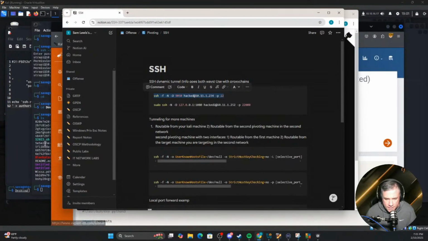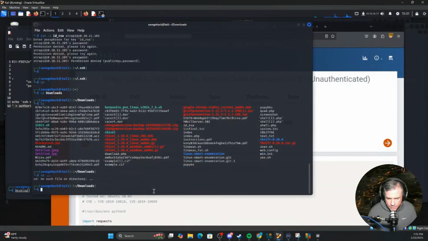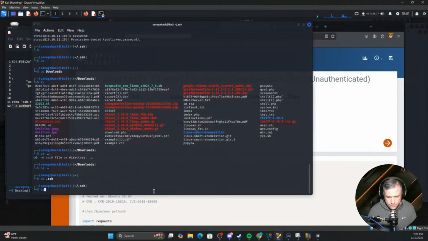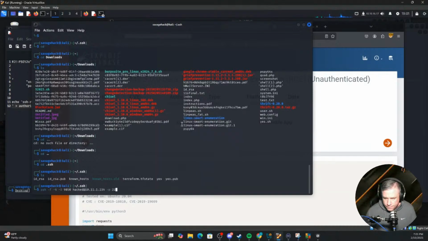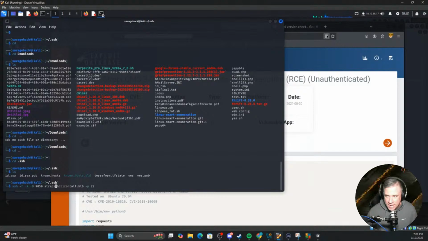Yeah, let me copy that. Let me try this one. If this doesn't work, I have to try the other one. So it is horizontal.htb and it is strappy. Yeah. So what I was doing wrong earlier was that the ID RSA key that I had was actually password